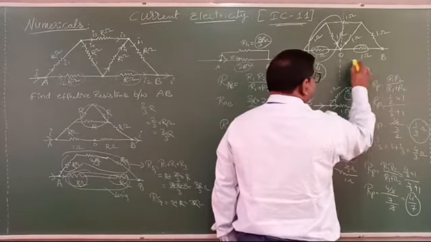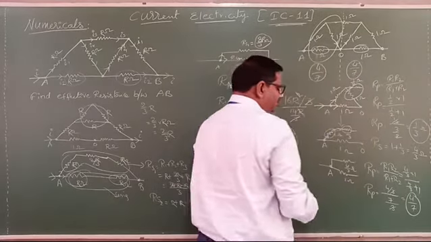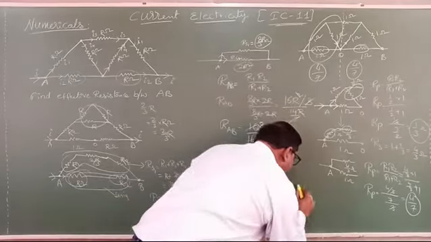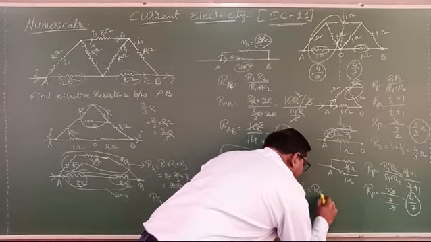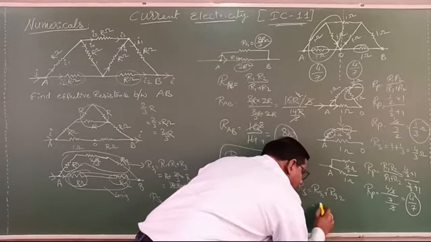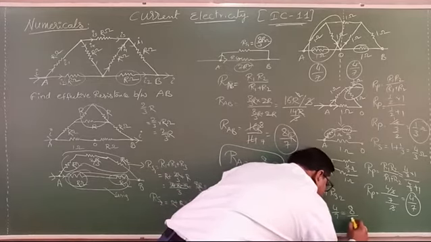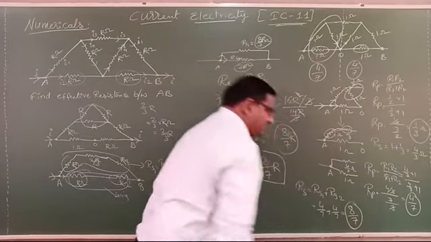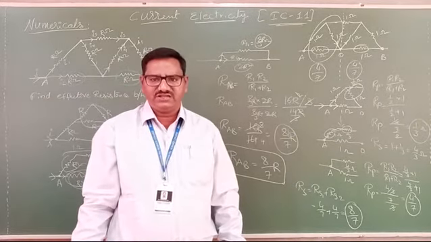And here also it is 4 by 7. These two are in series. So in series combination, what can you write? RS equals R effective of the first one plus R effective of the second one. Both are in series, so 4 by 7 plus 4 by 7. How much is it? 8 by 7. This is the answer. How did you solve? Both circuits give the same answer.